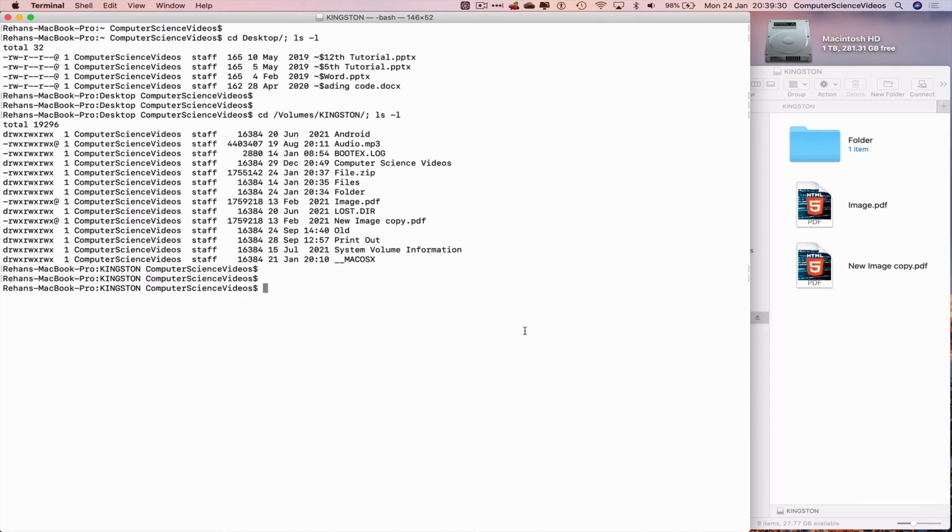Now what we can do is, in order to create the zip file using the commands, we need to have access to the folder that we are working with, which is folder within the Kingston USB. The command is zip folder.zip, and then let's call this folder. Press enter,